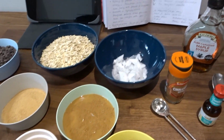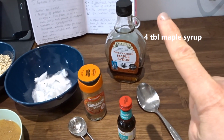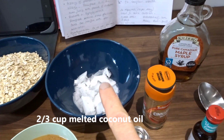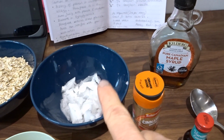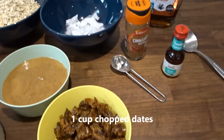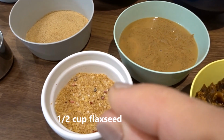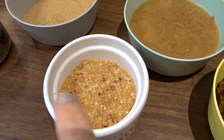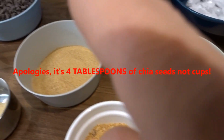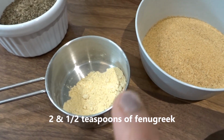So what do we have here now? We're starting with 4 tablespoons of maple syrup. Then we have 2/3 of a cup of melted coconut oil. I'll have to melt it a little bit more in the microwave in a minute. Then we have 1 cup of chopped dates, 2 cups of oatmeal, half a cup of flaxseed. You can see those red bits in the flaxseed are some dried cranberry. Then moving on, we have 4 cups of chia seeds, half a cup of brewer's yeast, then 2.5 teaspoons of